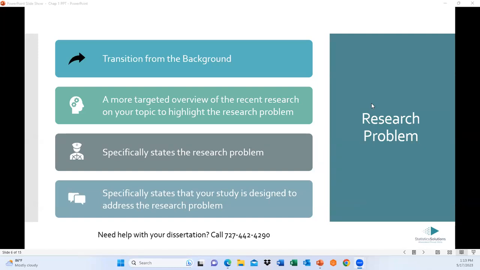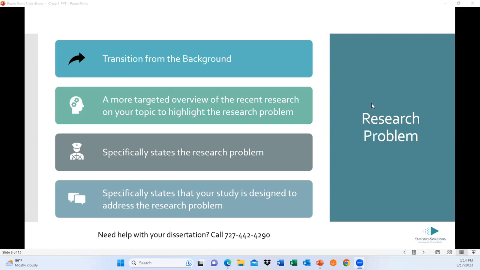It's a problem in the research. What does that mean? It means that there's some kind of inconclusiveness on the topic in the research. There's something that's not quite worked out yet. There's something we don't know. Whatever kind of issue it is, it could be that on the topic we're looking at, there could be a lot of quantitative research. We have tons of statistics, tons of numbers on this topic, but we really don't have much qualitative research that digs deep and gets past the numbers and looks at people's experiences. That could be a kind of research problem.